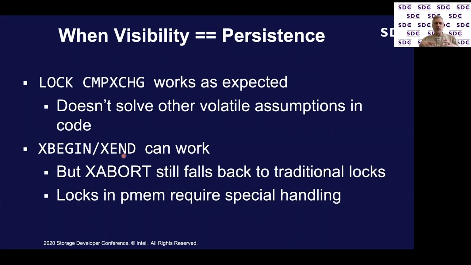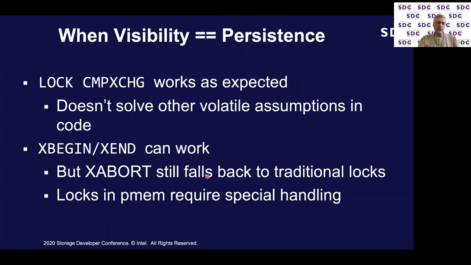And now that you have visibility equal persistence, when everything goes fine, it works great. But when you have the abort and you fall back to traditional locks, that requires special handling for persistent memory, because part of holding a traditional lock is the state of where your code is executing, because you know that at some point you're going to go back to the part where you release the lock. So